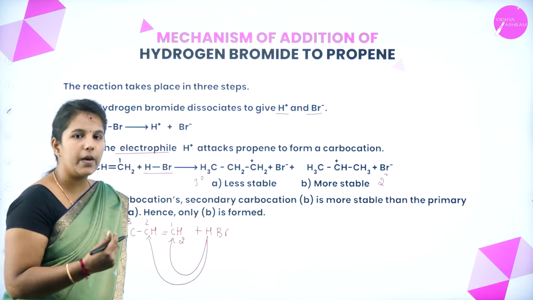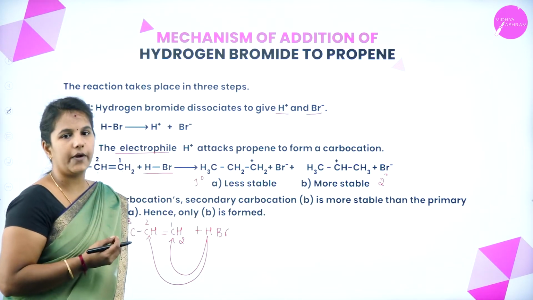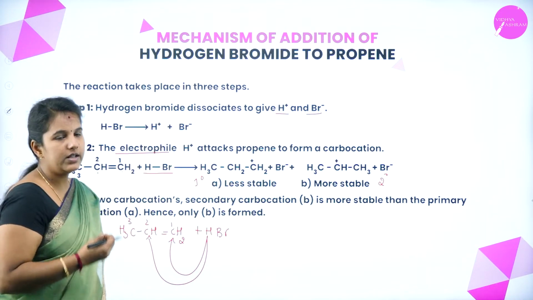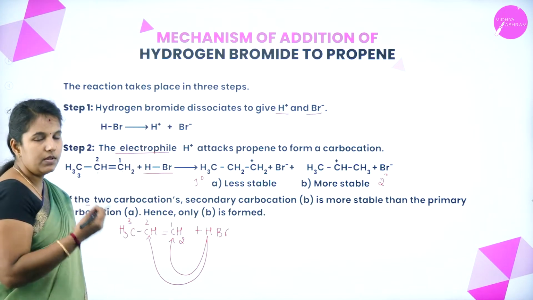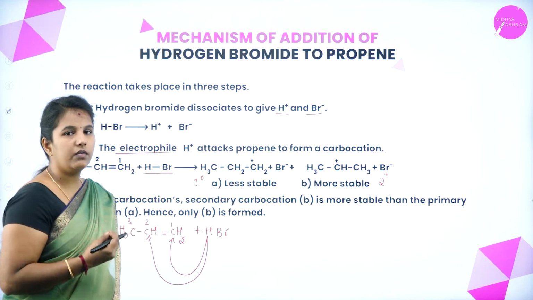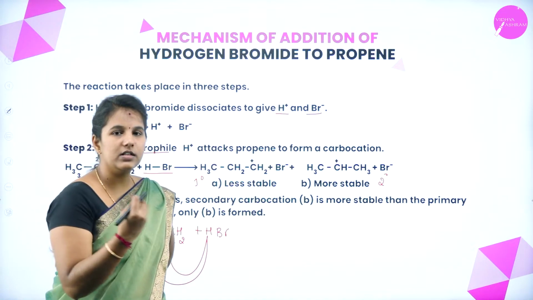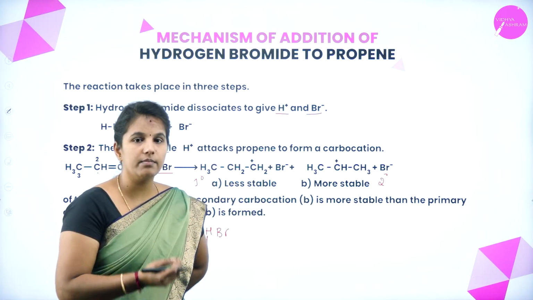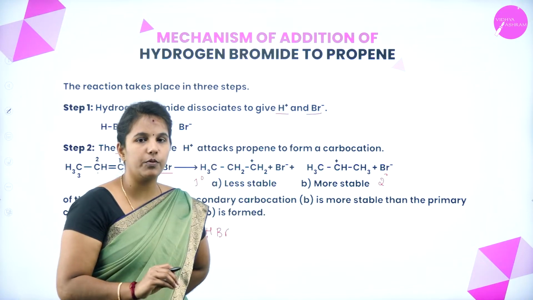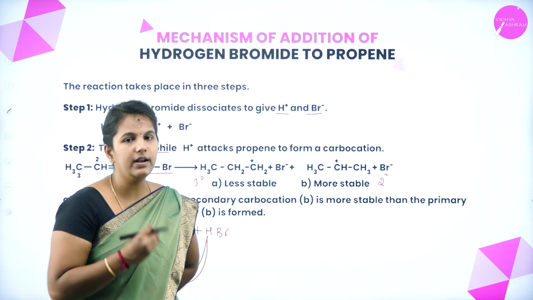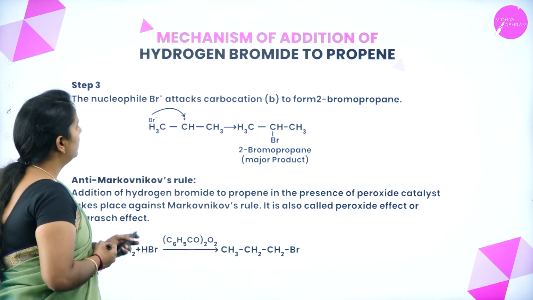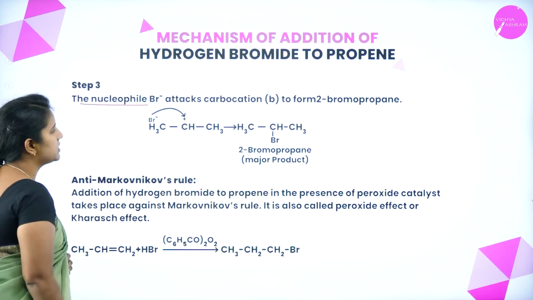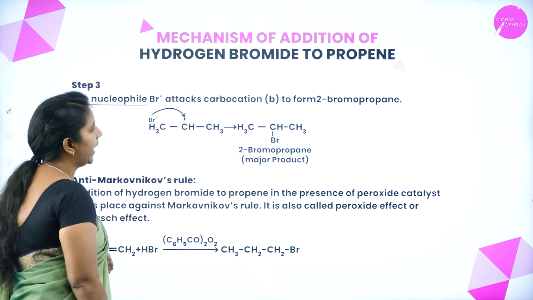Always remember, when compared to the primary carbocation, the secondary carbocation is more stable. This is the first step, where our hydrogen halide dissociates to give H plus ions and Br minus ion. In the second step, the electrophile attacks the propene to form two different carbocations. In the third step, the nucleophile, that is nothing but a Br minus ion, attacks the carbocation to form a